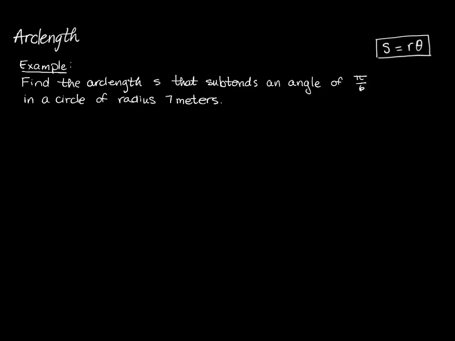Here's an example of a problem like that. Find the arc length S that subtends an angle of pi over 6 in a circle of radius 7 meters. Now, the first thing to recognize here is that the word subtends is perhaps new to many of us. We just say that S subtends theta, or an arc length subtends an angle, if the angle cuts off that arc length. So imagine a circle,